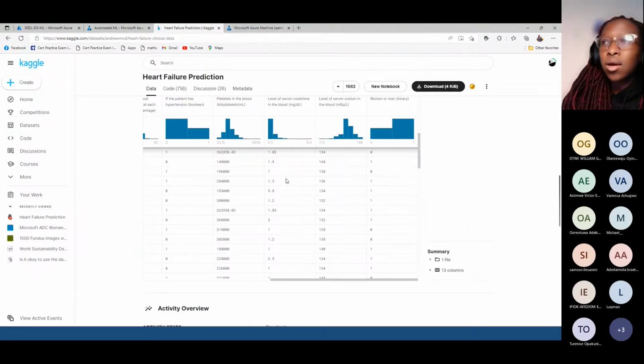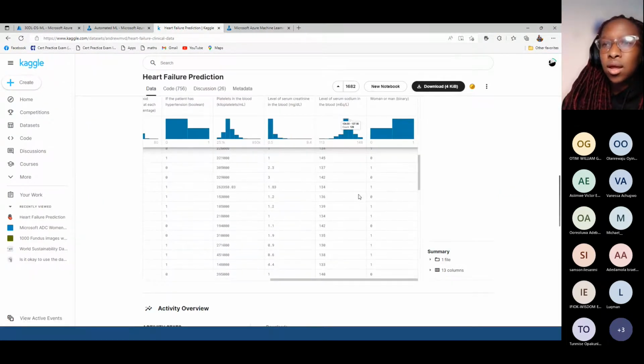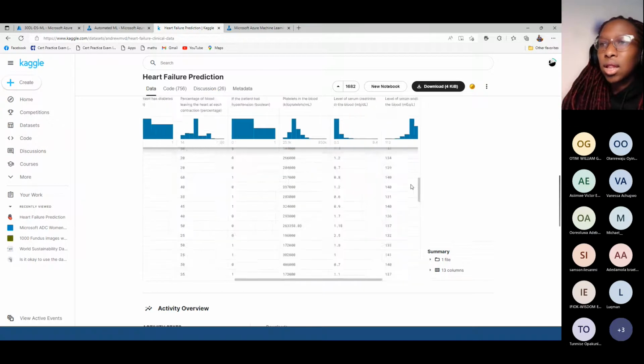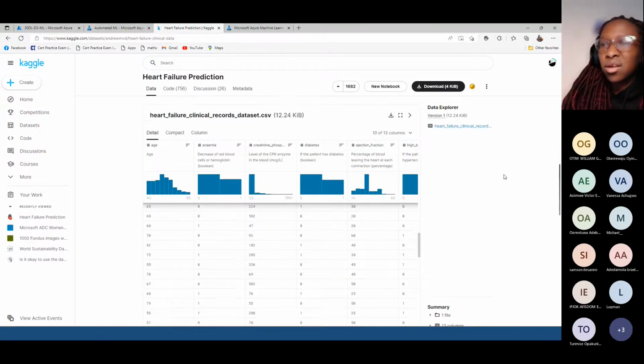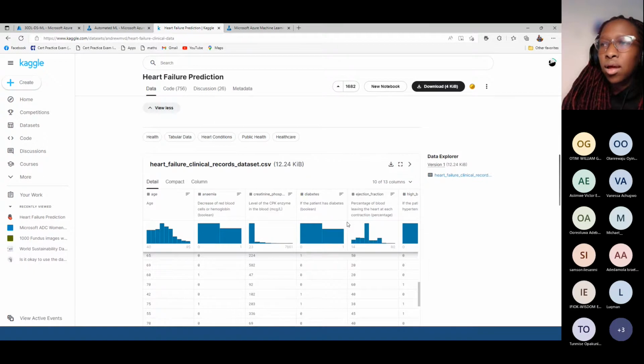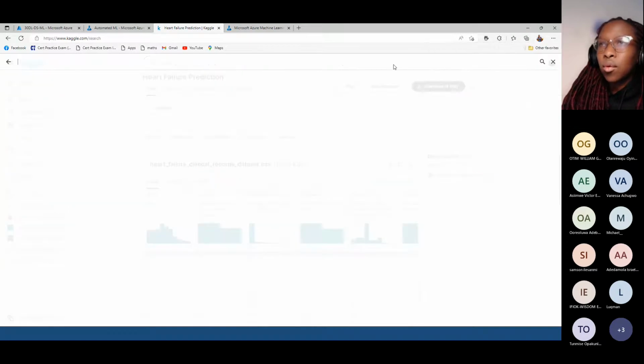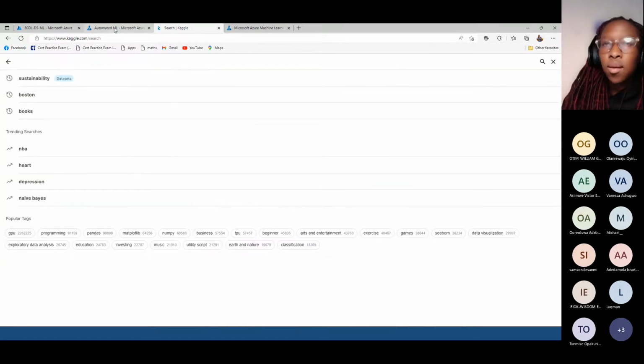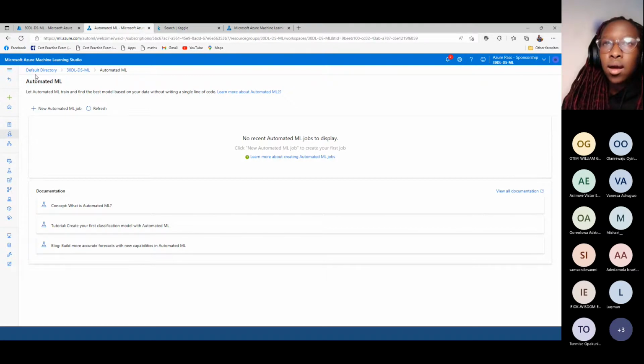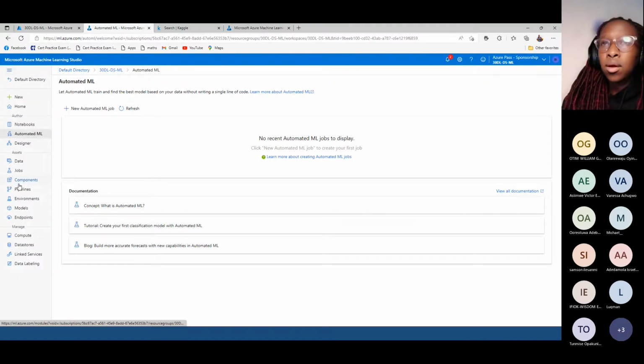So we'll go to Kaggle, and since this is the data that we've already identified, it just has like 266 rows and about 13 columns. So it's a very small data set. So you can go ahead and download. It will come in as an archive zip. So once you've downloaded it, we'll come back to